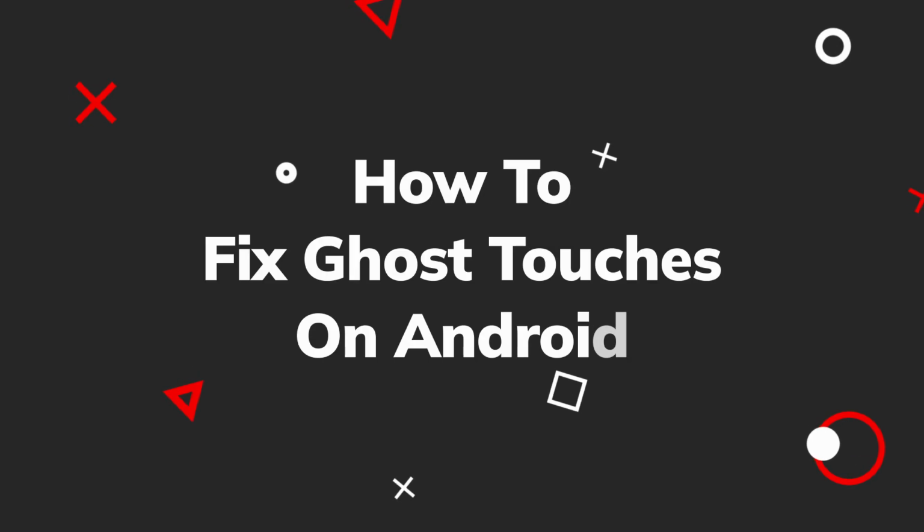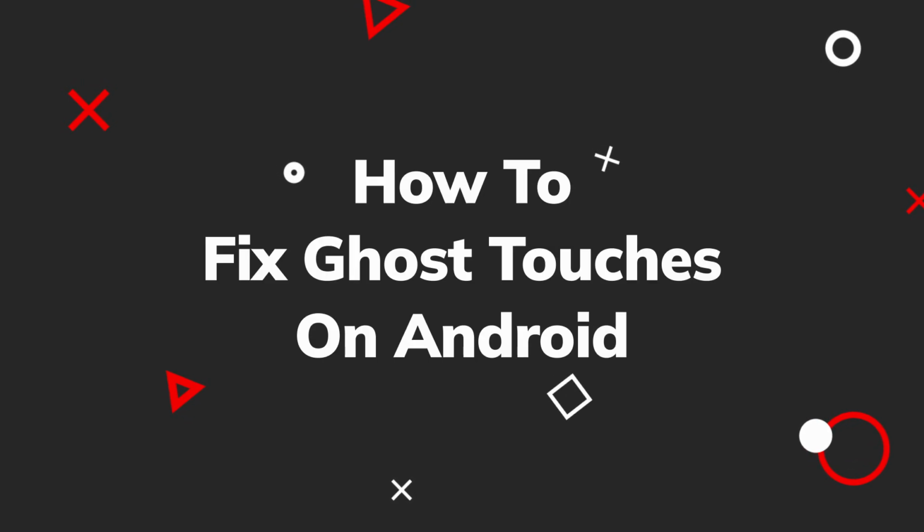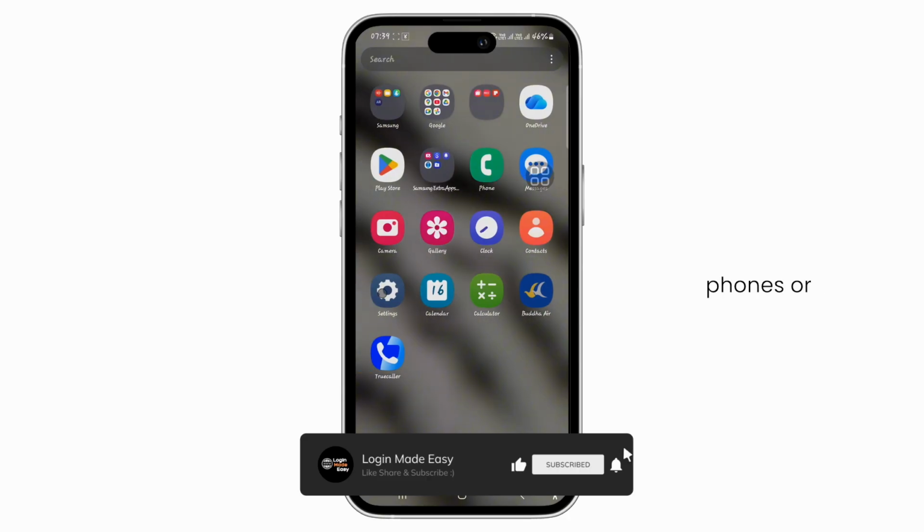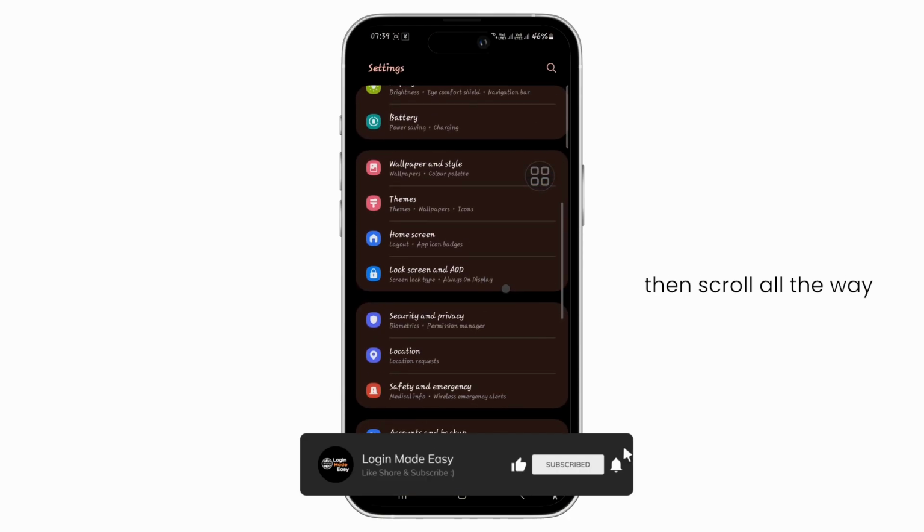Here's how to fix ghost touches on your Android phone. First of all, you need to take off your phone case and screen protector, as this can sometimes cause problems. If that does not work, you need to open your phone's system settings, then scroll all the way down